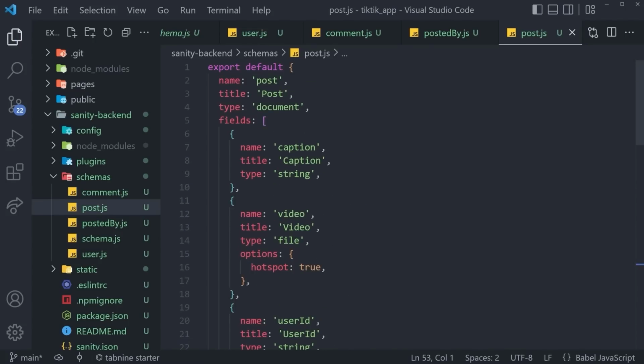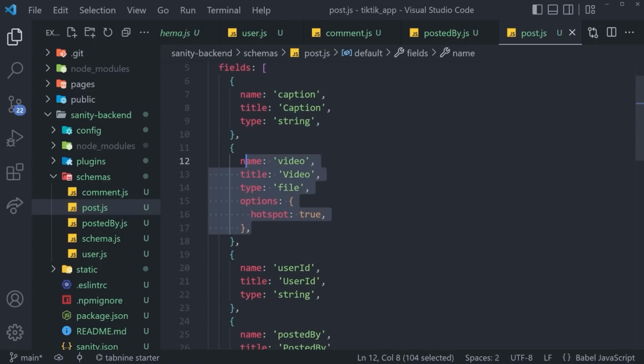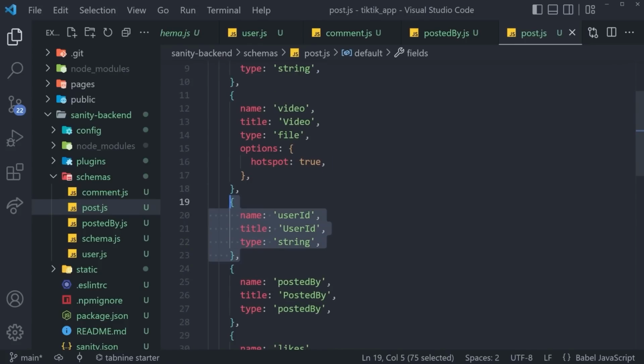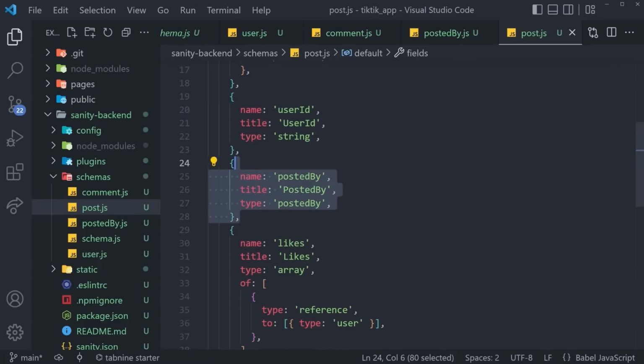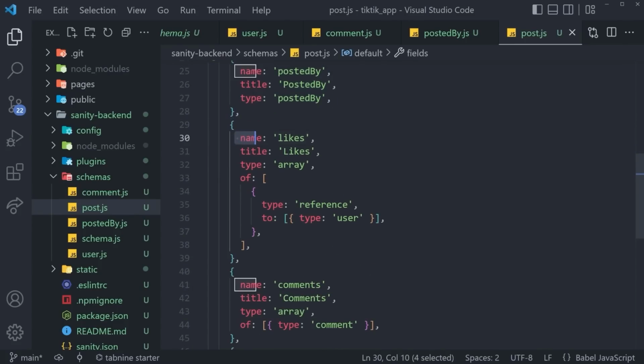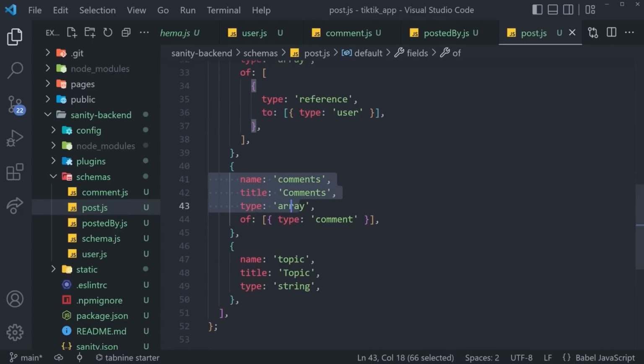You can see this one is a bit lengthier, but everything is the same. We can specify the name, which is post, and then we're adding the fields. We have a field of caption, a field of video, the user ID, as well as the posted by reference. And then we have likes, which is an array of references to users, meaning who liked that post. And finally, we have our comments, which is an array of comments, and a topic, which is going to be